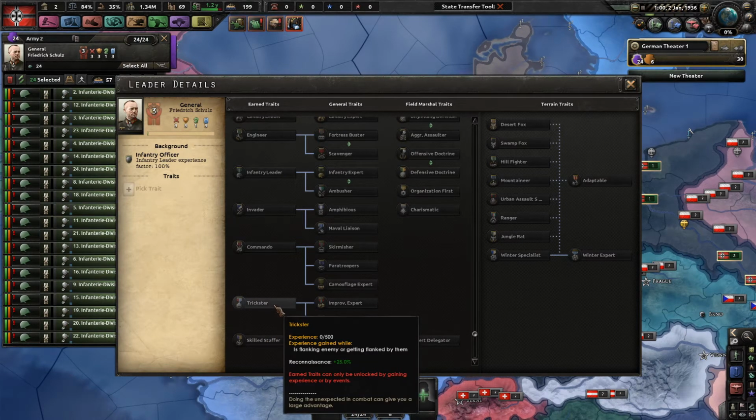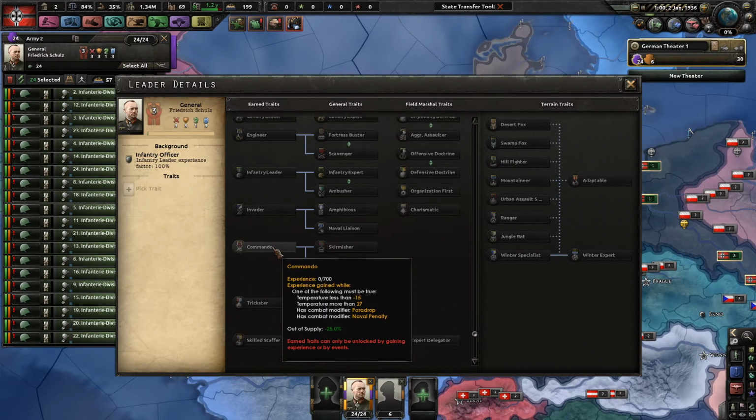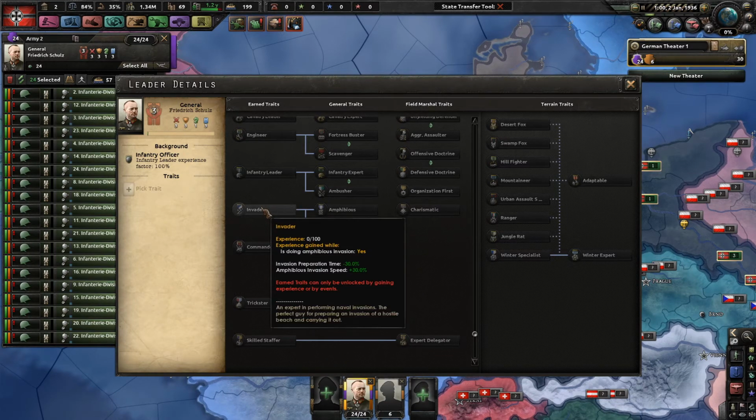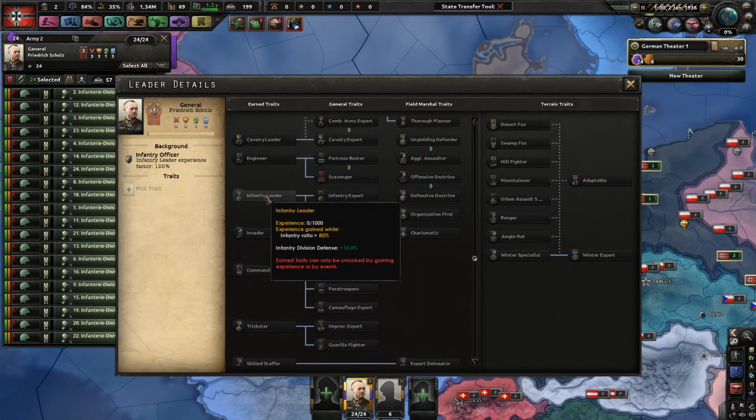So basically here you can get experience while they are flanking the enemy or getting flanked by them. You get experience for Commando if you're fighting out of supply. You get experience for Invader if you're fighting in an amphibious invasion. You get experience for Infantry Leader if you are leading an army where the infantry ratio is more than 80%. Since our divisions are only infantry in this particular army, this means that this guy is very likely to get